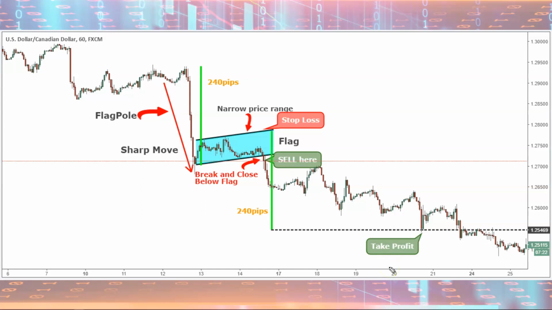Step 5, the take profit target equals the same price distance of the flagpole measured down from the top of the bearish flag. This is the textbook profit target for this pattern, and you should measure the height of the flagpole and use that as your profit target. So that's pretty straightforward. You measure from here to here, and that's your profit target. So you measure that same distance from the top of the pattern to here, and that's where you take profit. So obviously your profit, since you're actually getting in down here, is not going to be that whole amount, but